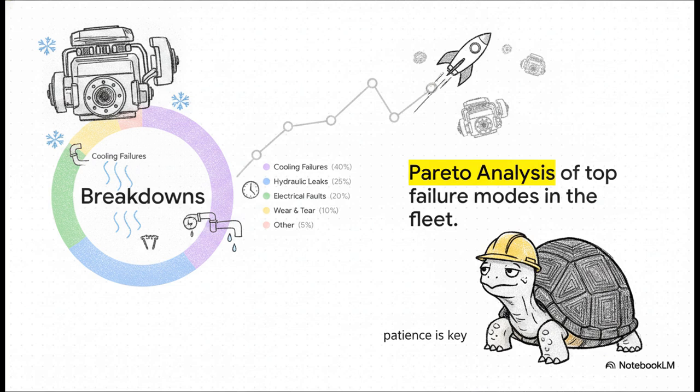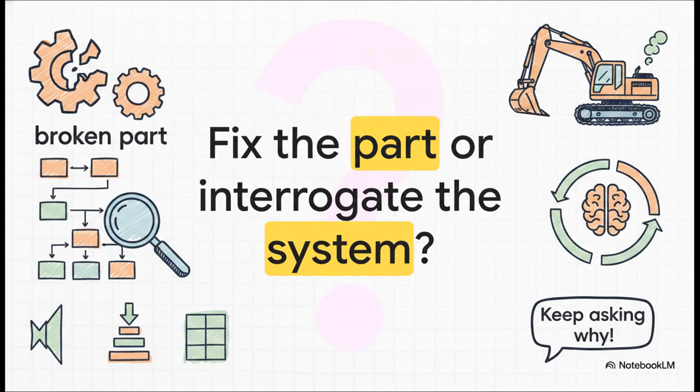The lag time between implementing a PICA and actually seeing the MTBF improve can be anywhere from 3 to 6 months. Do not abandon a brilliant new preventative strategy after just 4 weeks, just because the overall breakdown rate hasn't massively shifted yet. As we wrap up this explainer, I want to leave you with a question to challenge your